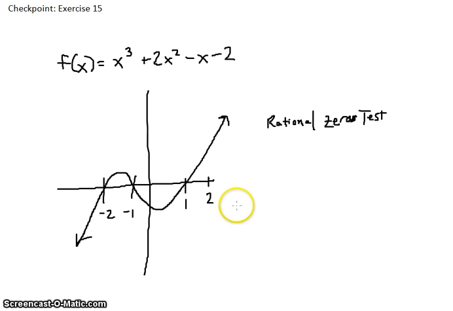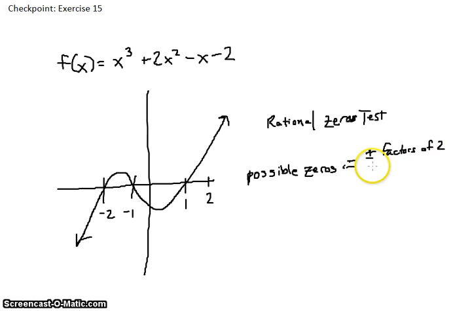Now, what the rational zero test will do is that the possible zeros are the positive and negative factors of your constant, which is 2, divided by the positive and negative factors of your leading coefficient, which in